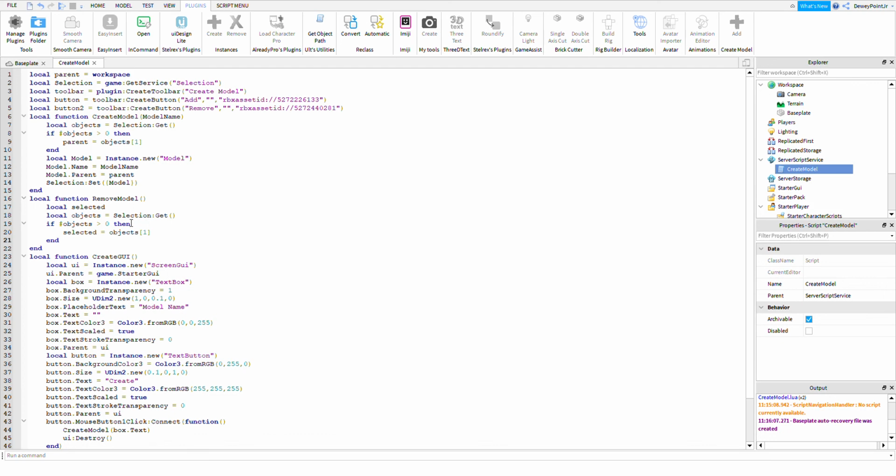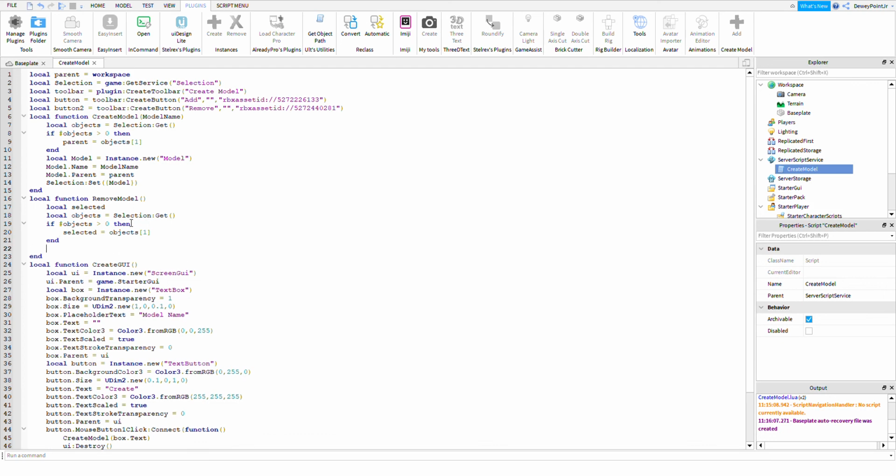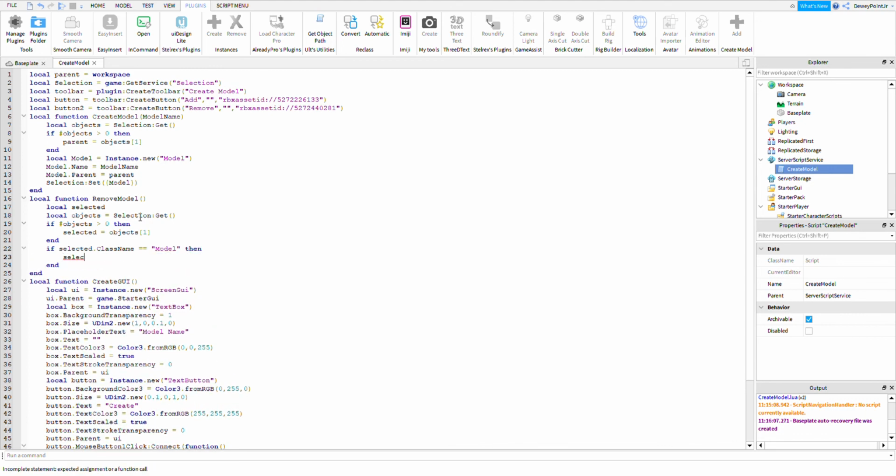And in here, let's say if selected.ClassName equals Model, then selected:Destroy(),